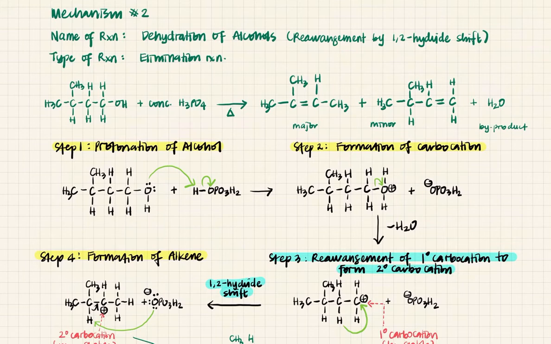apa ni, 4 methyl butanol kan. Okay, and then it's going to react with a concentrated phosphoric acid. You're going to remove water, and there are two possible products that you can get. Major product here, carbon double bond between carbon number 1 and 2, and here minor product,